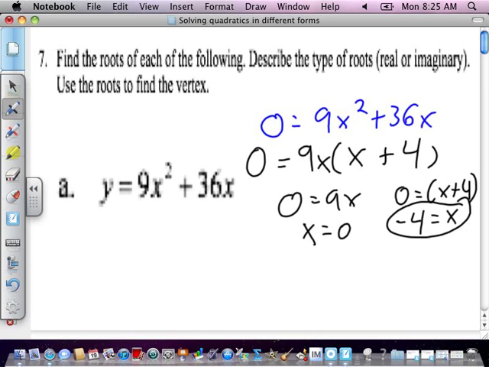Those are my two what? What do we call these? Roots, zeros, where it crosses the x-axis. Okay, but I've got to figure out my vertex. Is this in vertex form? No, because then a vertex is really hard, and you have to put down 0 and -4 and figure out the exact middle, and then plug that back in. So I'm going to show you a shortcut. If you're trying to find the vertex in standard form,